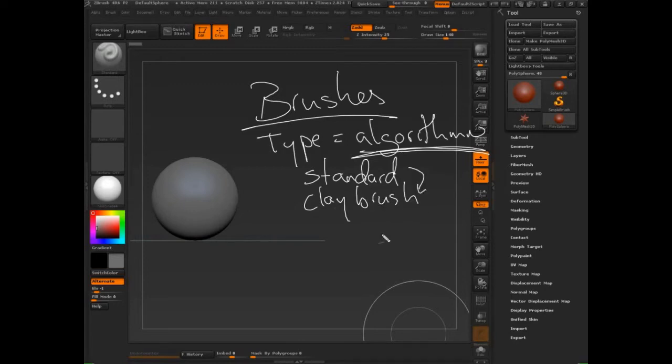Clay is the evolution of the standard brush to an extent. The standard brush still does some things that clay can't do. It's great for knives, and it's great for low-res sculpting of some things. Depending on your technique, like if you watch Neville Page's earlier videos where he'll sculpt and then smooth it